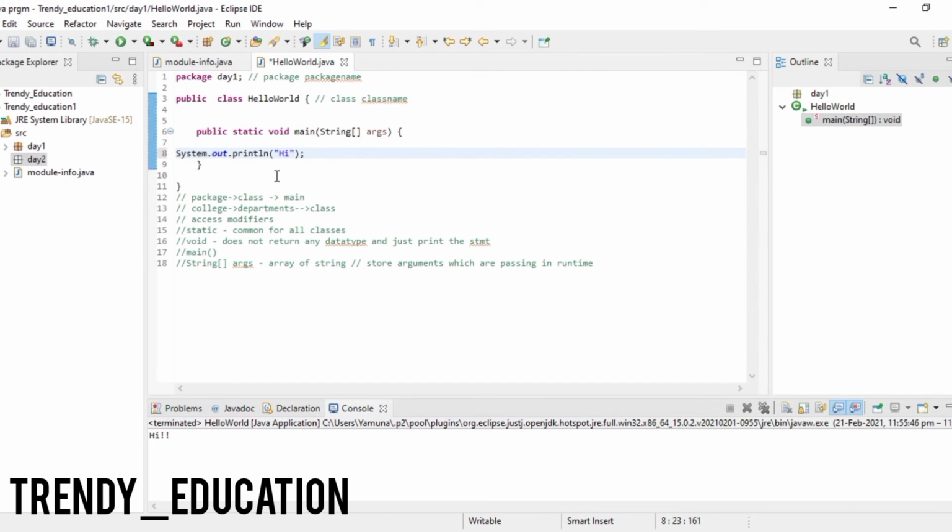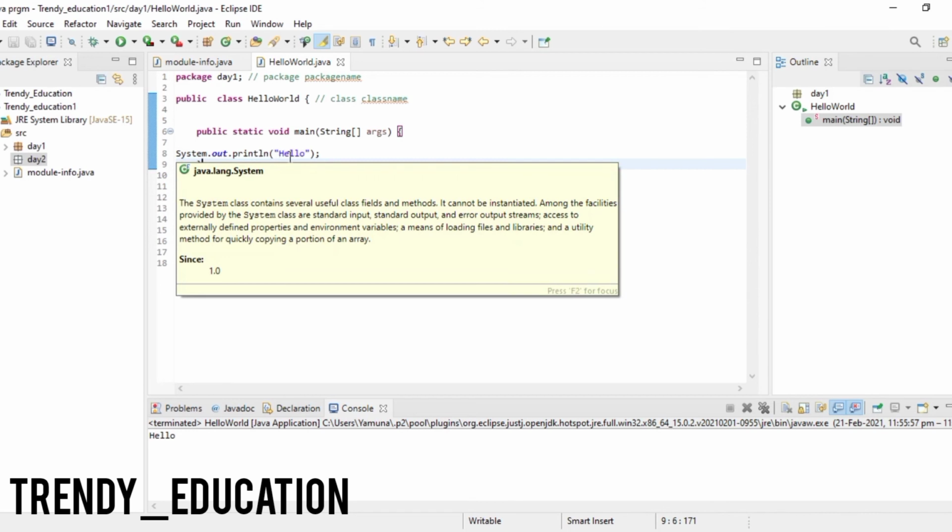Whenever I change this to hello, it will show me this hello. So your string value must also be enclosed within these double quotes. You can see here double quotes. Your string value should always be within these double quotes. So here you can see System.out.println.